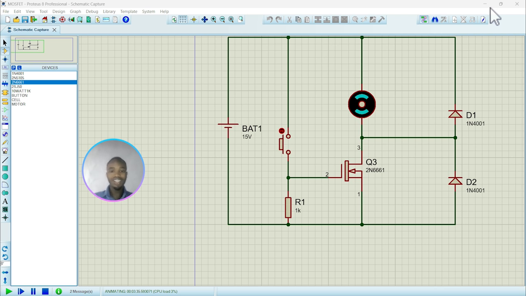It is possible to control different motors in different directions, one motor reversing and going forward. It is possible using a MOSFET to make a simple circuit in order to understand as a beginner student. But we will continue to do more projects and more circuits, as you become expert in using this Proteus software.